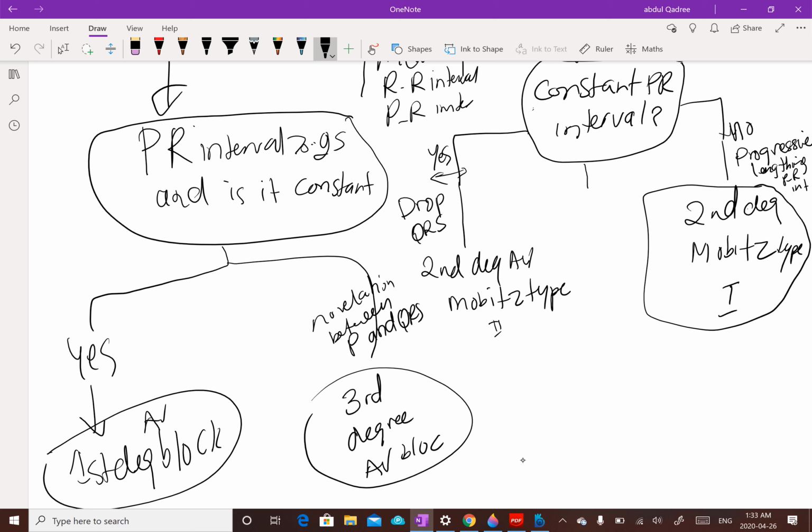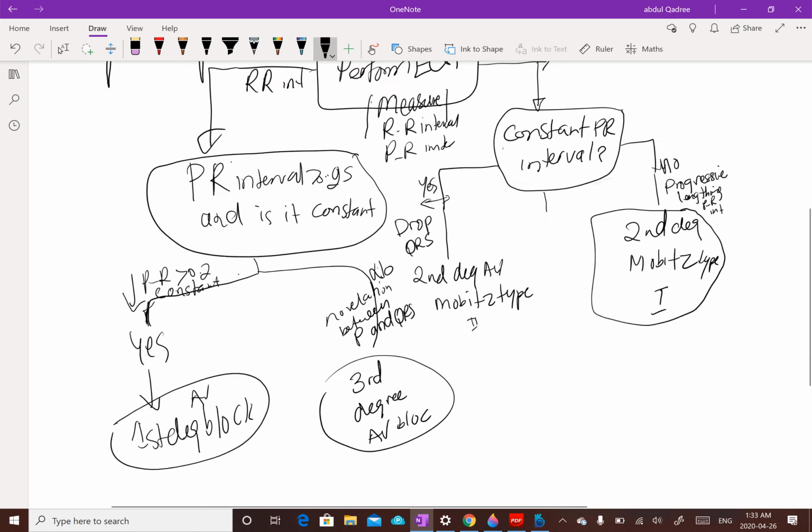because yes, there's a prolonged PR interval on this side. Prolonged PR interval is greater than 0.2 and it's constant. It doesn't usually lengthen at times, it just stays there. Here it's no, so we have third degree block, because there's no relationship to the QRS, basically a loss of AV node conduction, the atria dissociated from the ventricles. Okay, ladies and gentlemen, I hope you understand this, but let me just quickly